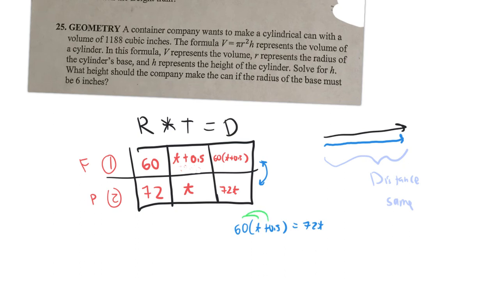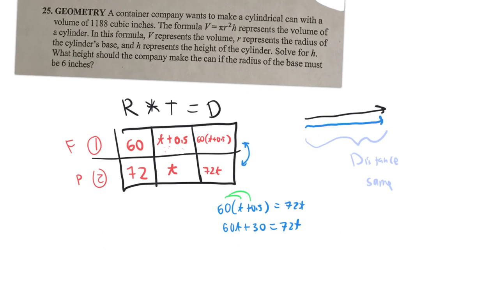Distributing the 60 here, we're going to have 60t plus 0.5 of 60, which is just 30, equals 72t. At that point, let's subtract 60t from both sides. We're going to have 30 equals 12t. And then at that point, you can divide both sides by 12. You're going to have 30 divided by 12, which is really just 15 over 6 hours,